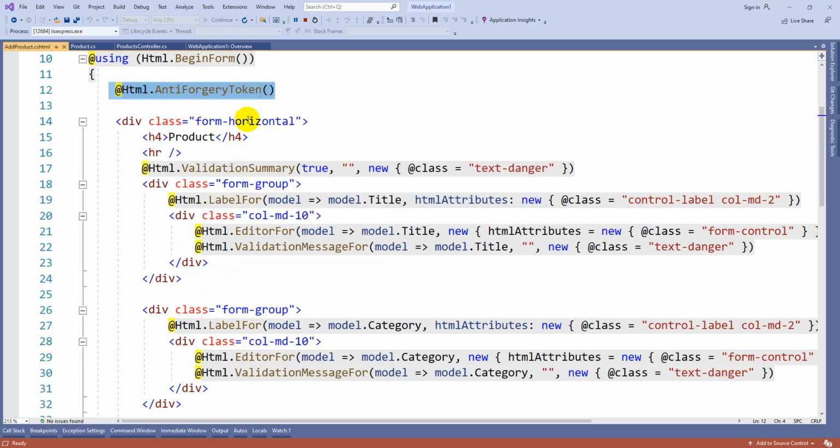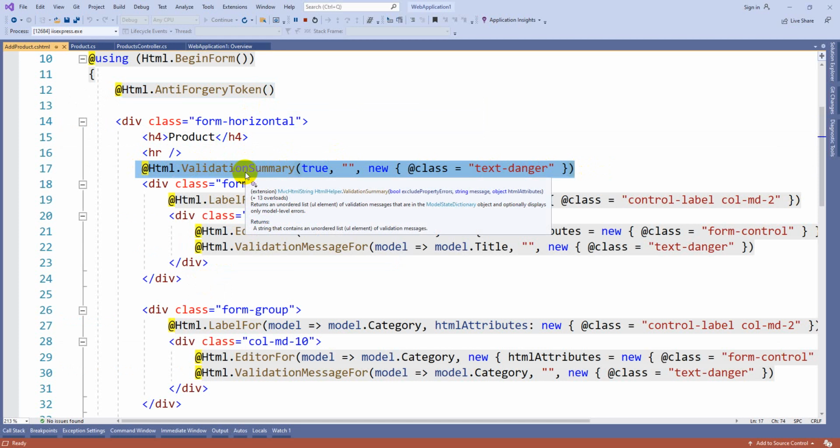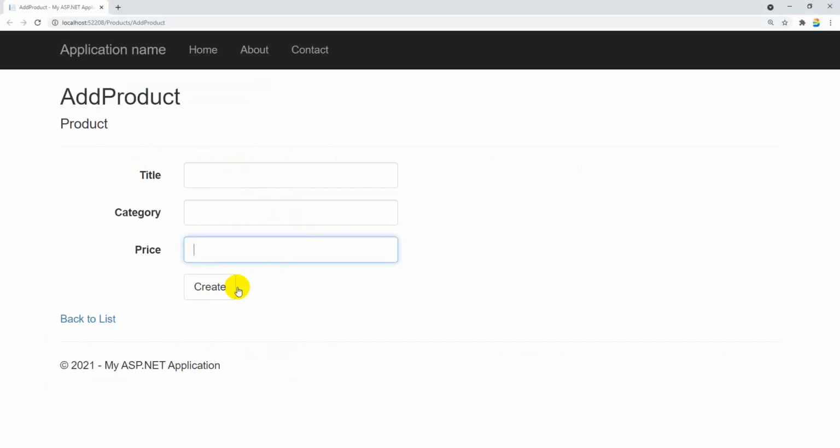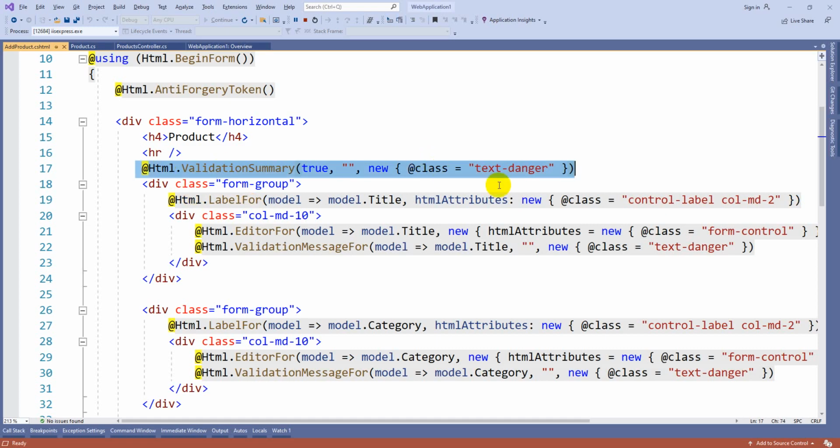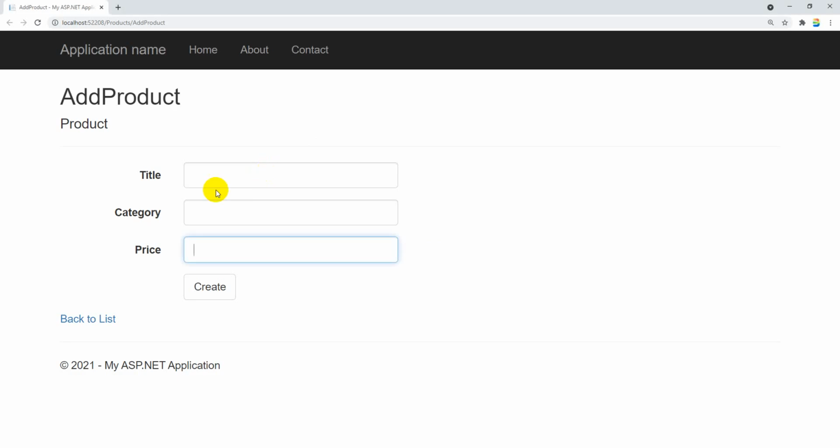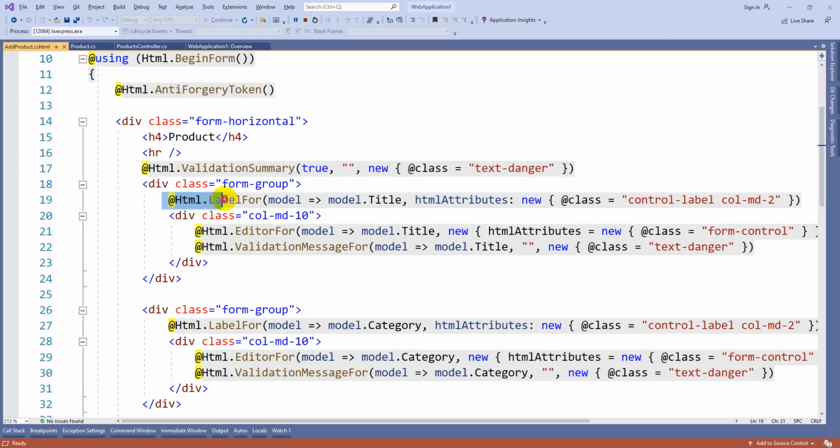After that, this is the validation summary. Validation summary is going to display the list of errors inside this form. As of now we have not completed validations, but after this topic I will cover that also. Now if you see this title label, there is Html.LabelFor. From the model it selected the type, and it selected the property title.